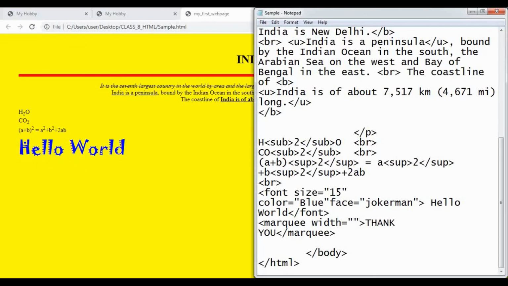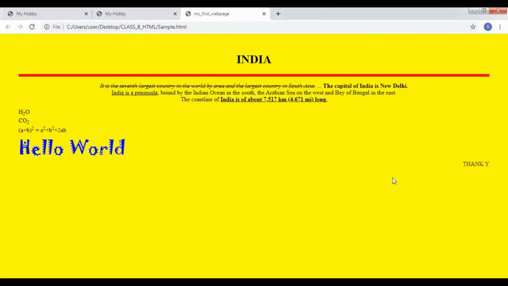So you have to write the number and give its percentage, how much percent you want to use. Width is equal to 100% and height is equal to, let's say 50. Save, go to your web page and refresh. See here, the width is 100% and the height is 50.